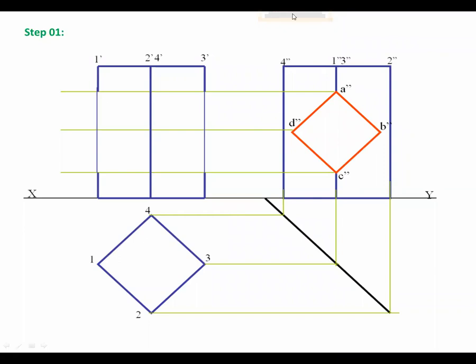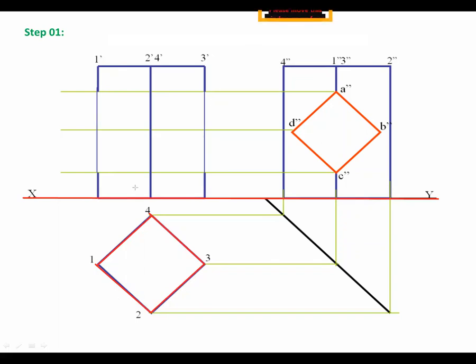See, the first step, what you have to do is start from the XY line. The XY line is faint. You have to start from the top view of the vertical square prism. Top view, on corner basis, we have to draw like this way. Dimensions are already given in the examination also. Dimensions may vary, maybe 40 mm side, 50 mm side, whatever it may be, you have to draw according to that.